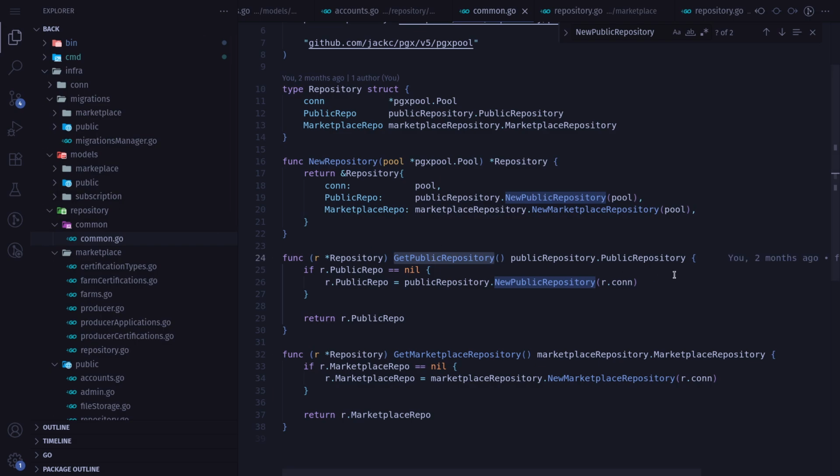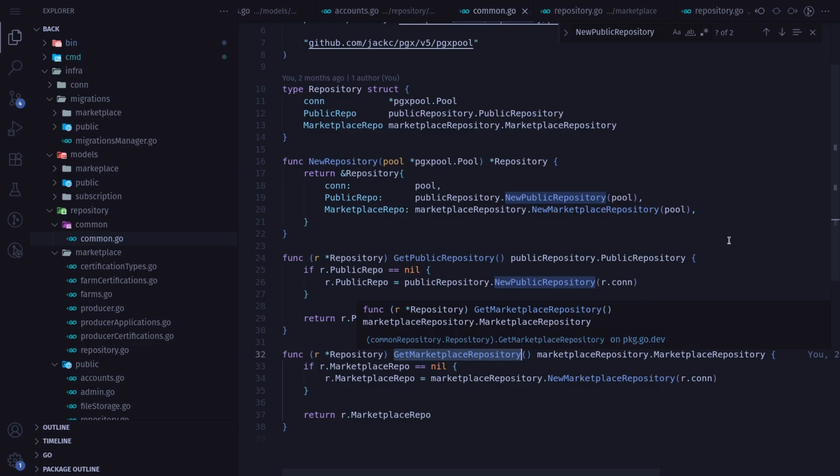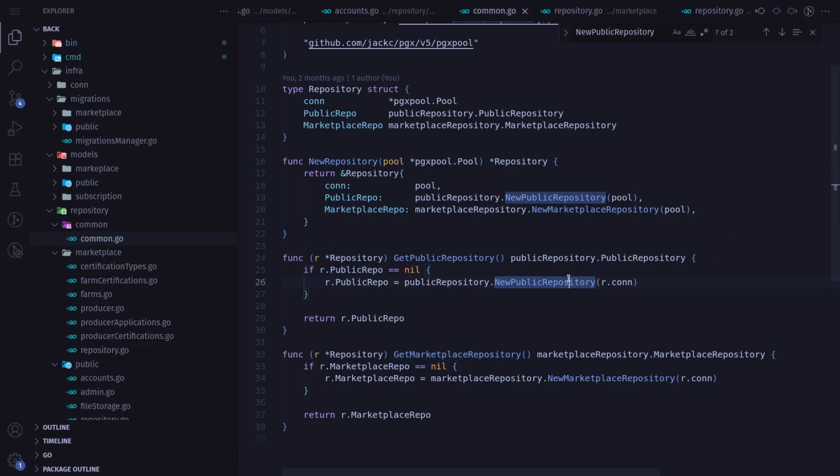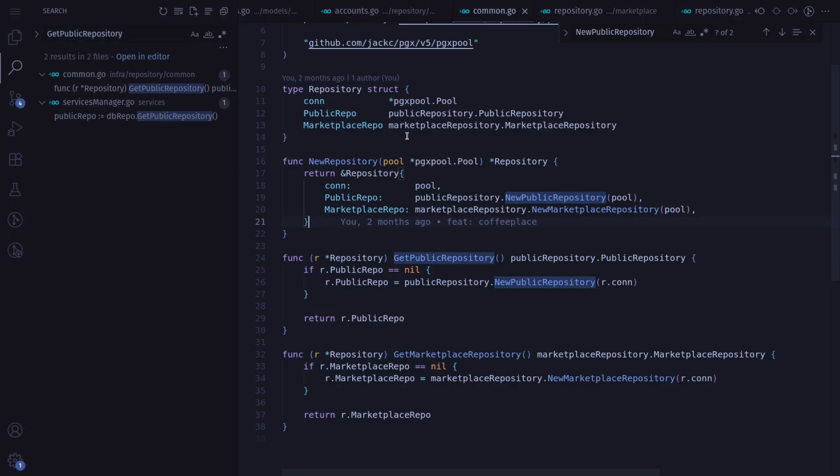I can get the public repository and the marketplace repository if I want. If I don't have it, I will instantiate it, but it's most likely that this will never happen because I'm instantiating all of them when my application starts. I will show you where I'm doing it. So